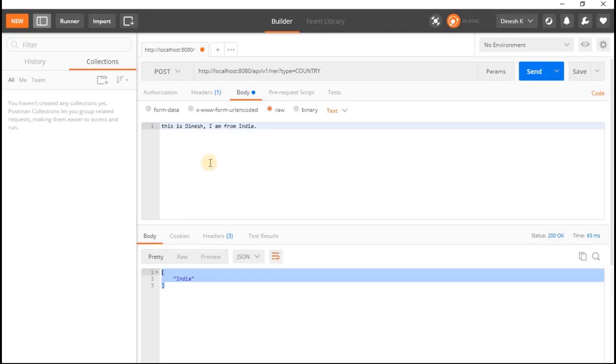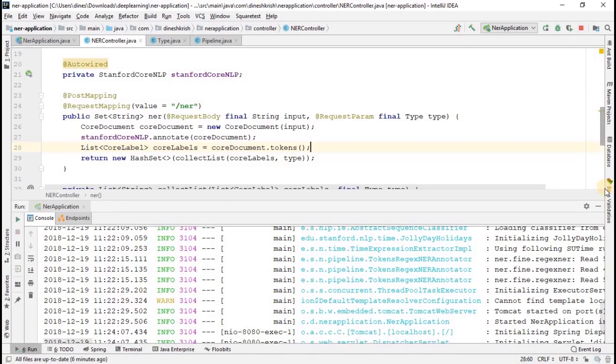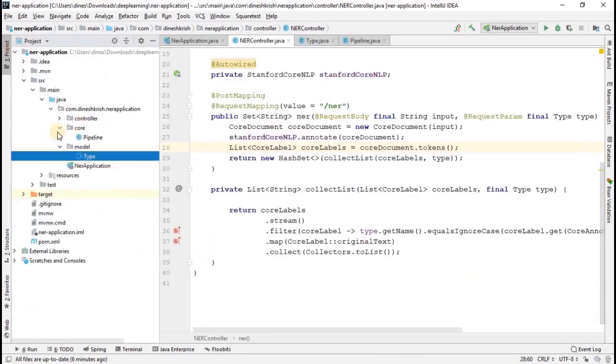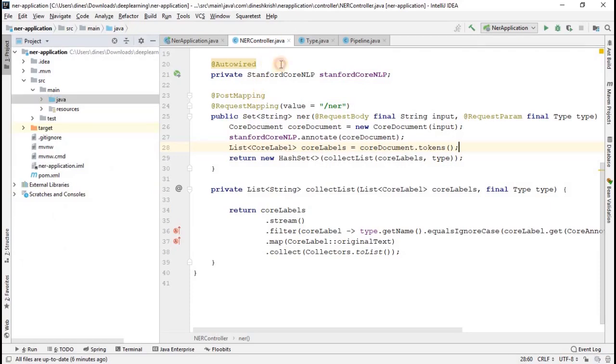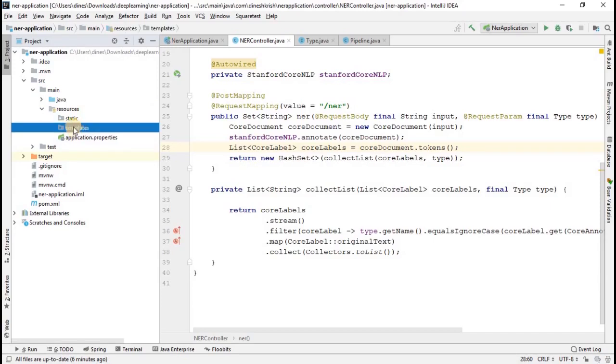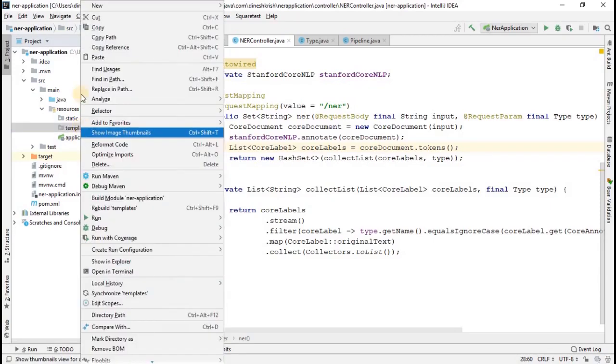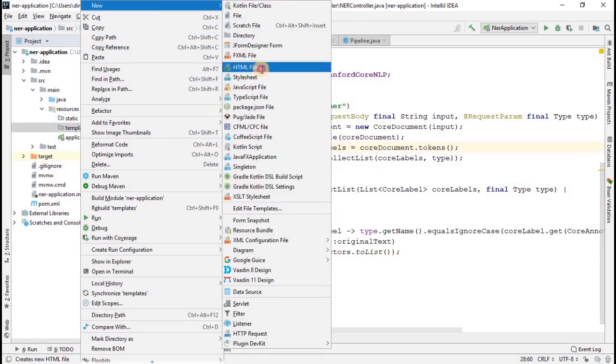Now let's focus on how to create the UI for our application. In order to create the UI, you go to IntelliJ. I'm going to start this application. If you remember, we added Thymeleaf as our template system. So let's see how to develop the UI for this particular application, right? In the resources folder, you can see there is a folder called templates, right? Inside the templates folder, I'm going to introduce a new HTML file called